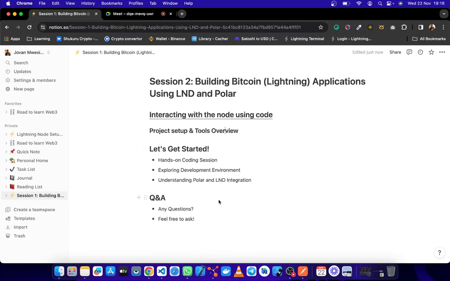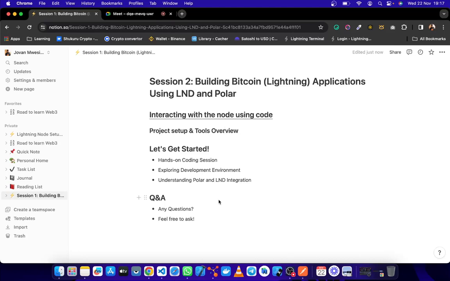I think it's going to be more hands-on, just to show you how we are going to keep on doing things. For the new people that have just joined us, we are trying to build a small project using the Lightning Network. We are trying to see how you can build what they call LApps, Lightning applications, like how the other side has decentralized applications. So for this side of Bitcoin, they are called Lightning applications. A lot of people do not know that you can build very nice applications using the Lightning Network. It's a very new technology, still young, but it's moving at a very fast pace.